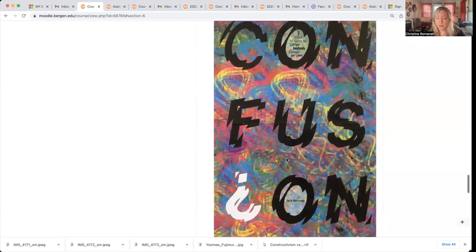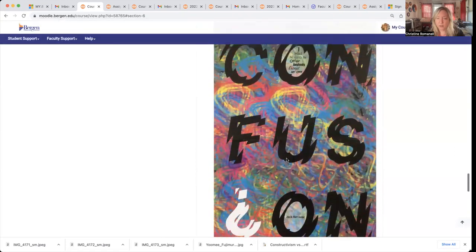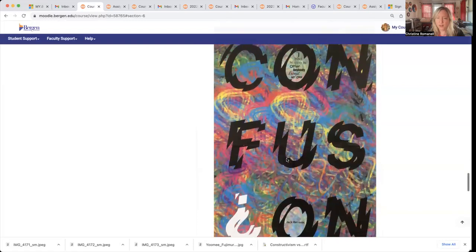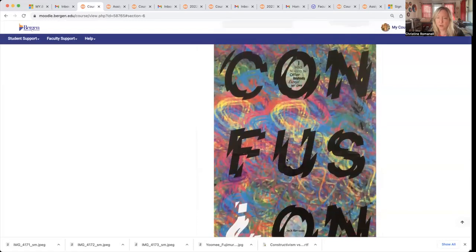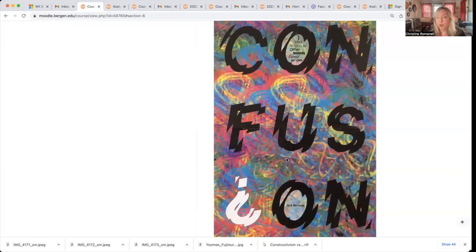So here is a Jack Kerouac quote, and the student chose a font that is already kind of broken up, kind of created into slices, which works really well for talking about confusion. I had nothing to offer anybody except my own confusion. So they decided to really focus on the word confusion because that's the key element in that quote.